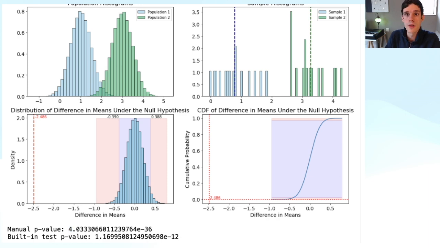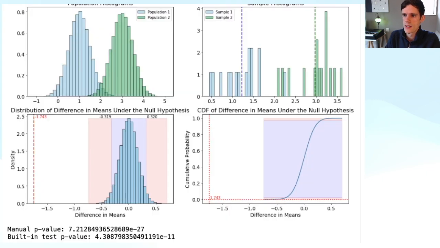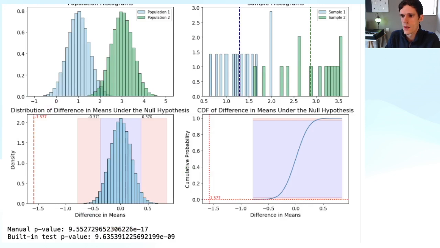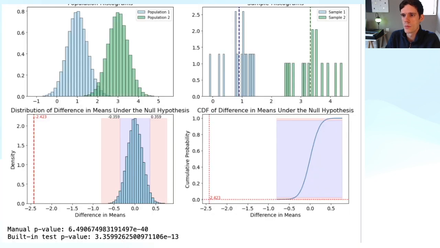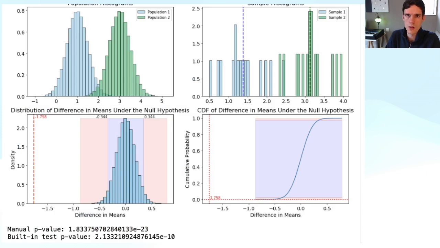Now we see that this is a very robust result, because if we run this cell over and over again, then each time our observed difference, the red line, will lie well outside of the blue range in our distribution. And each time the corresponding p-value will be incredibly small. This leads us to conclude that even though our sample data sets are very small, only 15 data points for each sample set, if the phenomenon in the underlying populations is so large, then the p-value will always get